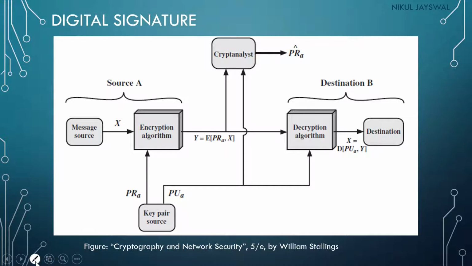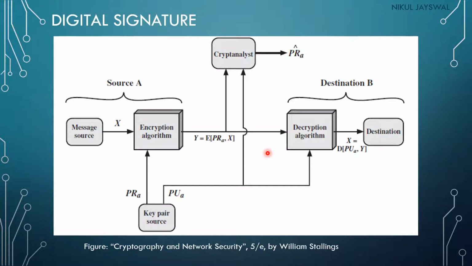First of all, we take the message, then we encrypt the message with the sender's private key. That will provide the authentication and it will construct the digital signature. We will send that information to the receiver side. Now the receiver will use the sender's public key to decrypt the data and get the information. So this is the mechanism that will be used to create the digital signature in a cryptographic environment.